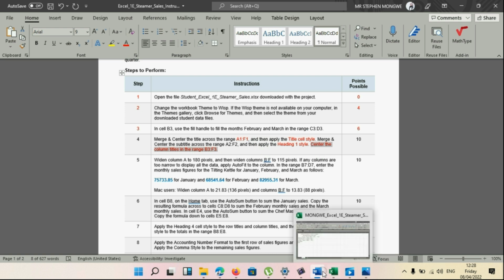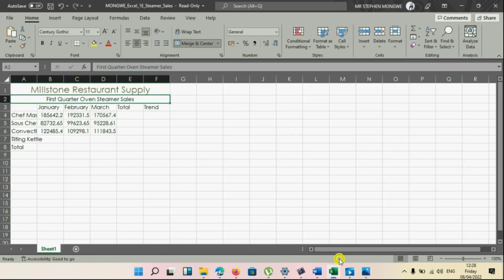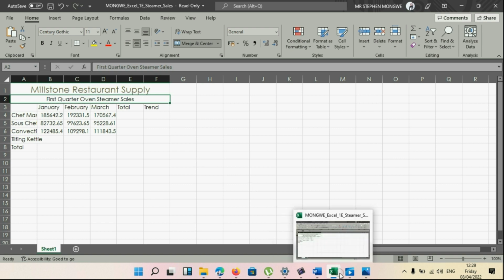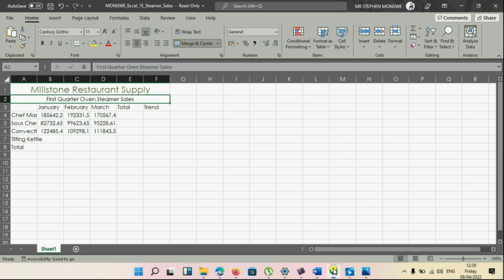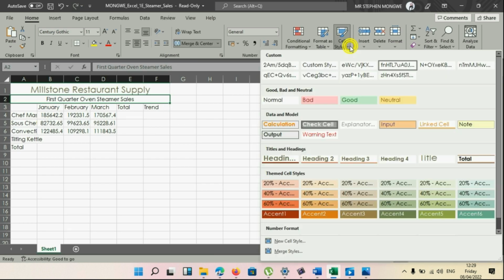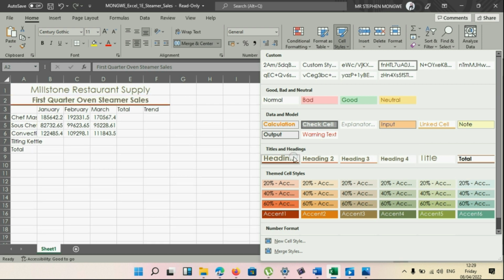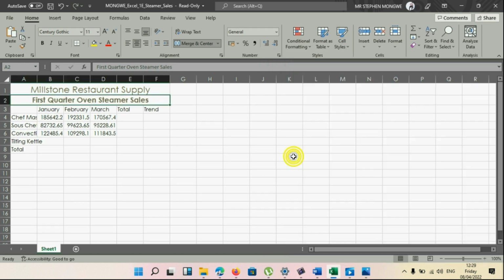Alright, let us go to our workbook. So now here I'm going to apply the heading 1 cell style. So I'm going to come here at the cell style again, click here and apply the heading 1 cell style. Alright, then everything which is here I'm going to